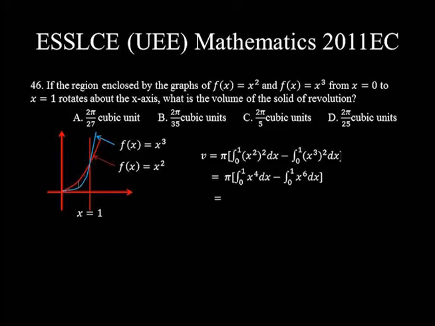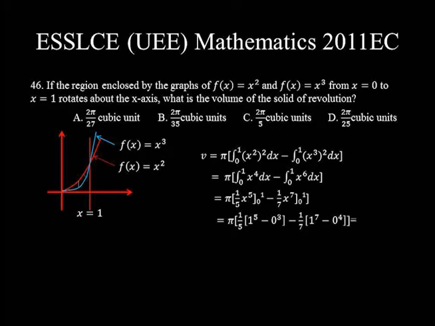This is equal to pi times the integral of x to the power of 4, which is 1 over 5 times x to the power of 5, x ranging from 0 to 1, minus the integral of x to the power of 6, which is 1 over 7 times x to the power of 7, again x ranging from 0 to 1, which is equal to pi times 1 over 5 times (1 to the power of 5 minus 0 to the power of 5), minus 1 over 7 times (1 to the power of 7 minus 0 to the power of 7), which is